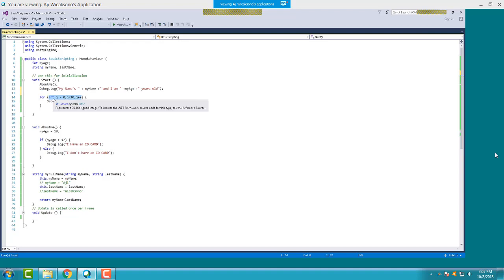Like here in my sample, I want to show it 10 times, so I will type an integer j with the value of 0, and if j is less than 10, it will increment itself. Increment is adding 1 to itself. It's basically saying j plus 1,